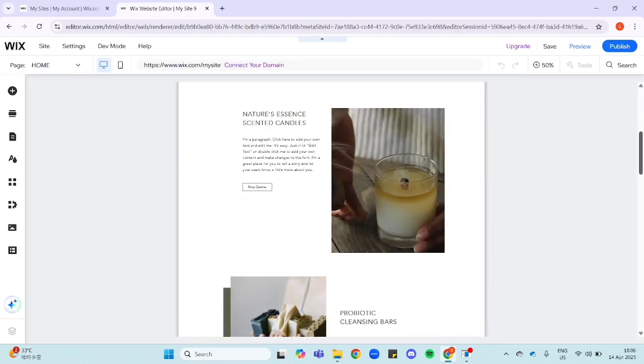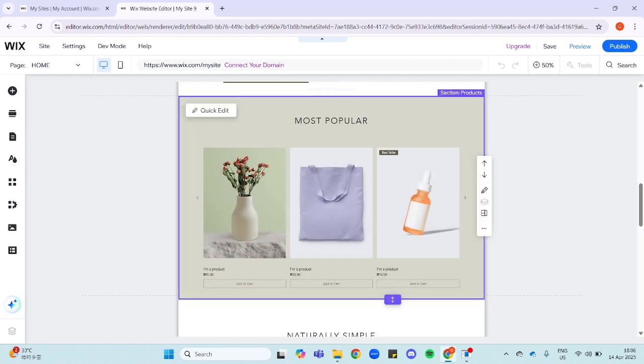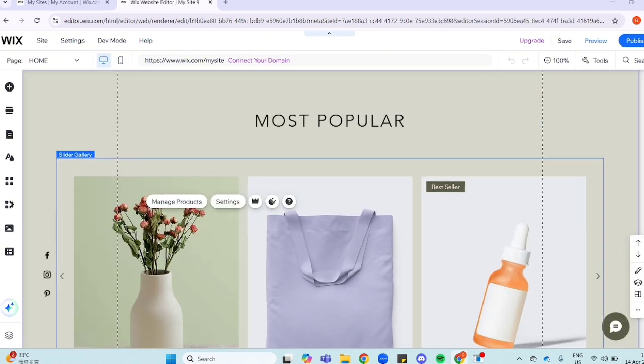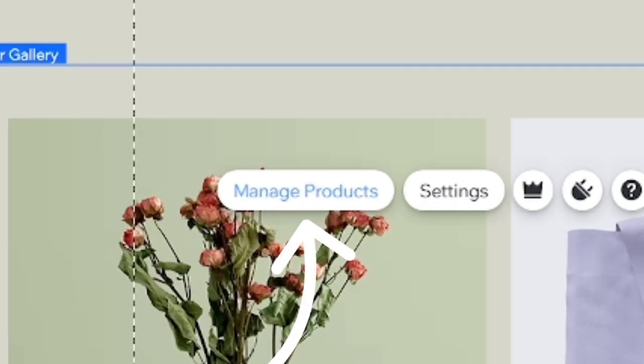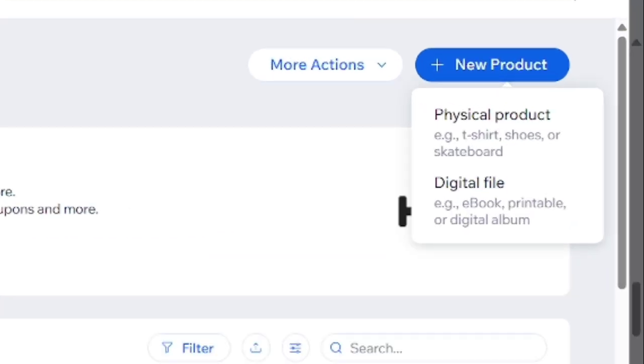Next, let's start setting up your store by editing your products. So let's look for the product section, which is right here. And then let's click on Manage Products right here. This will open a tab where you can easily edit each product. And this is also where you can add a new product by clicking on New Product on the top right